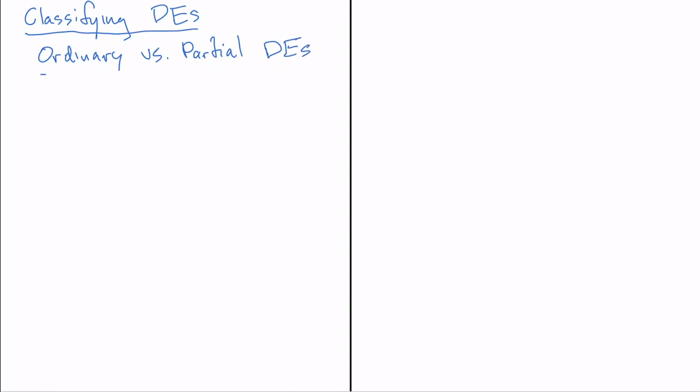Okay, so ordinary versus partial differential equations. If you're familiar with the difference between an ordinary derivative and a partial derivative, then that basically explains this classification. So let me just give a few examples, and we'll see some of these